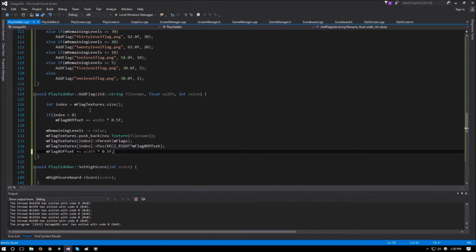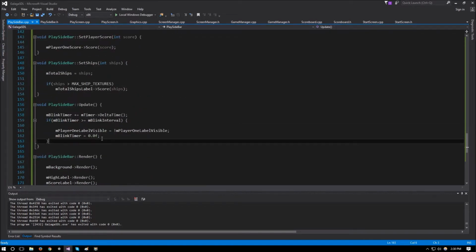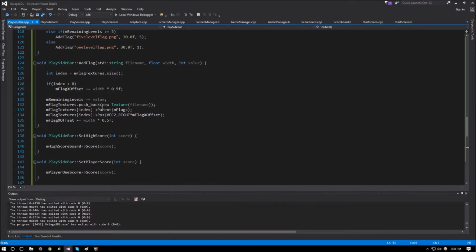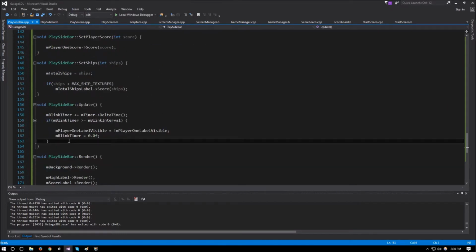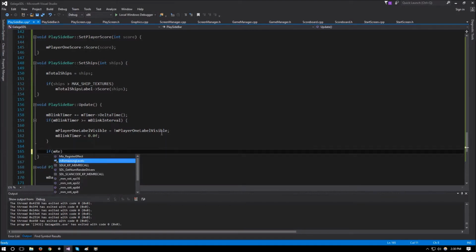And this should be it for this part. Now we just need to set that up in our update so that it keeps adding flags until the remaining levels are 0. So if we go down to update, we can go here and say that if m remaining flags are more than 0,